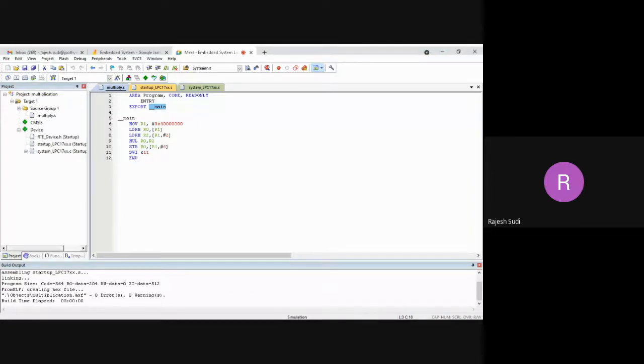So I think we could complete only one program today. I thought you should write 2 programs and execute both, but it did not happen. So at least in the next lab we will try to write 2 more programs and execute them. But in the next lab I will not be helping you. Like today, next lab you have to write your own program, but I will give you 30 minutes. Within 30 minutes you should be able to write the program. Okay,